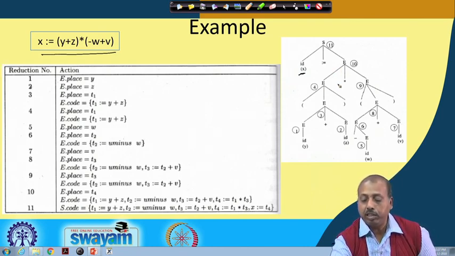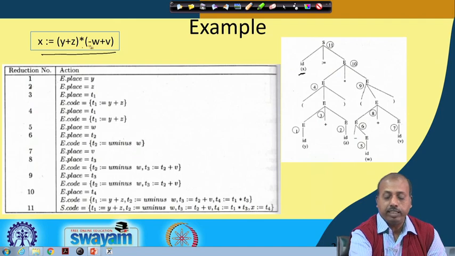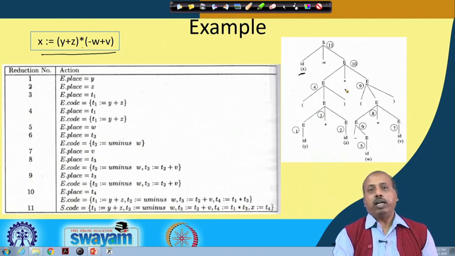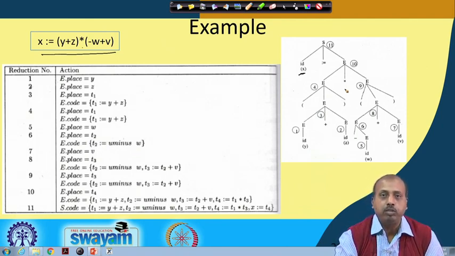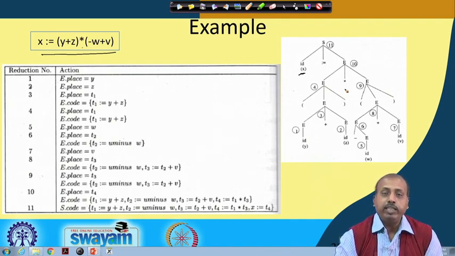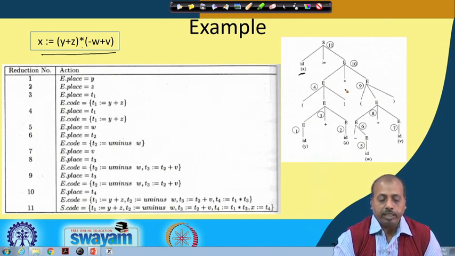So, this star will be generated: E star E. I am not going into ambiguity and all those things, and I assume that my parser is clever enough and has been given enough hint about the precedence of operators, so that it gives multiplication higher priority than addition, and unary minus higher priority than any other operator in the statement.